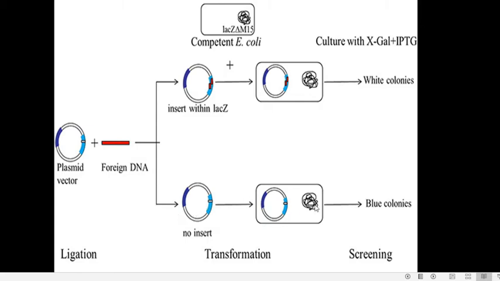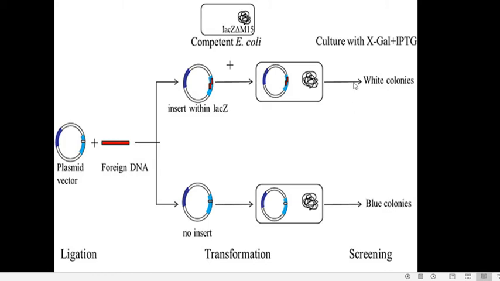It will have omega peptide as well as alpha peptide. Alpha complementation will occur, functional beta galactosidase will be produced, and this cell is growing in a medium containing X-gal. X-gal will be taken up by the cell. The beta galactosidase enzyme inside the cell will hydrolyze X-gal into a blue colored compound, and the cell will appear blue. The colonies will be blue in color.